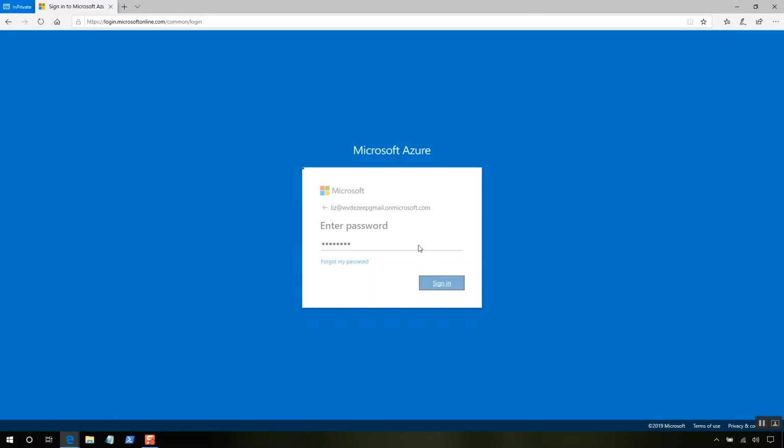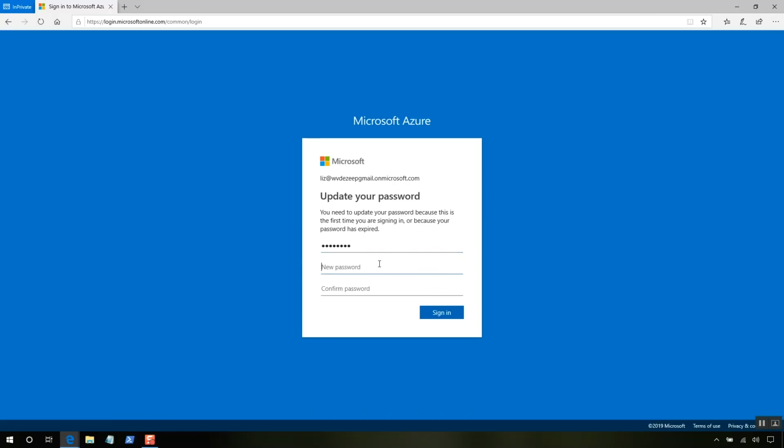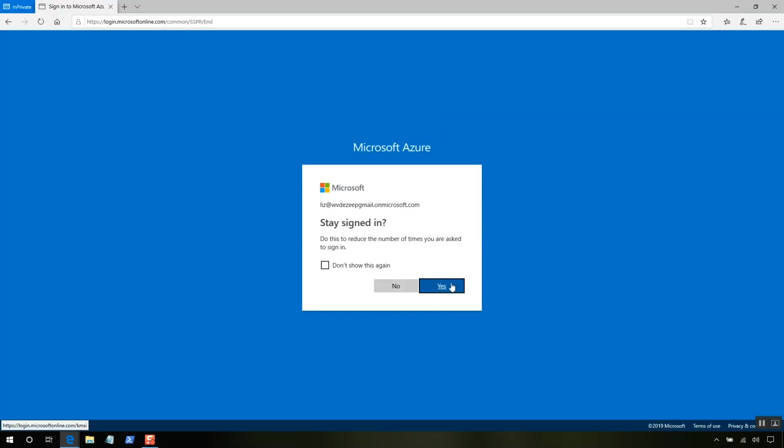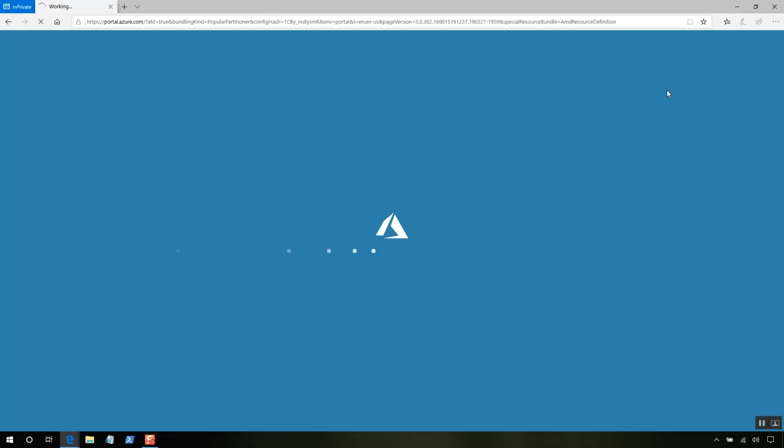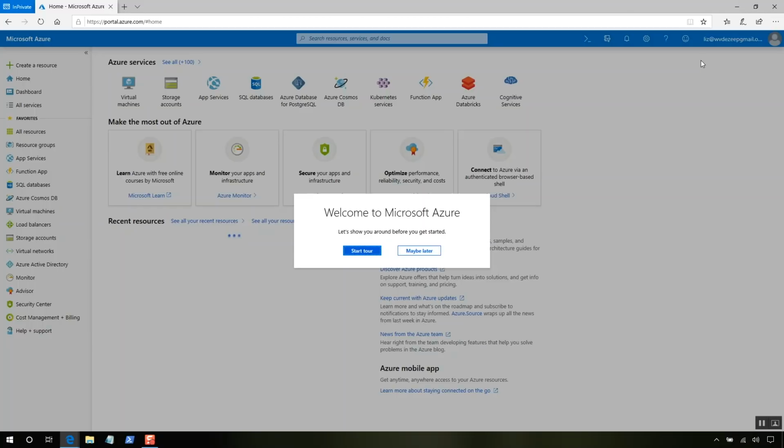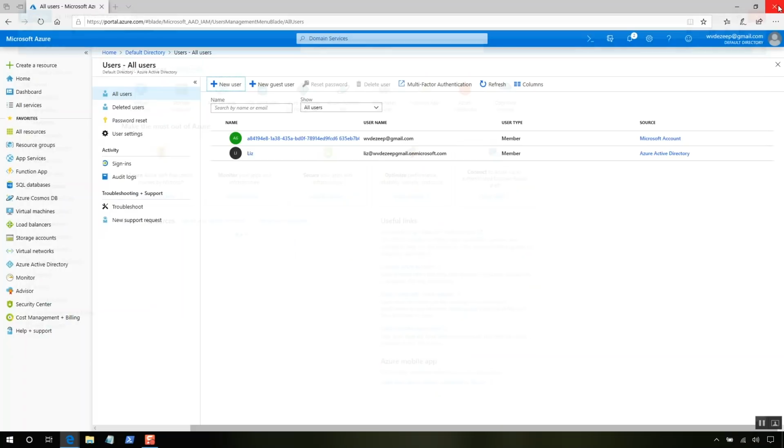Paste the temporary password, paste it again, pick a new one. Sign her in. That's done. Close this tab and add